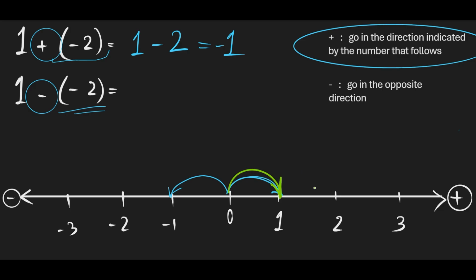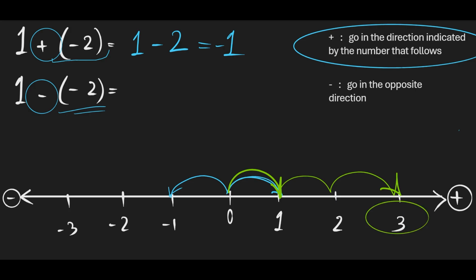Now, if you look at this -2, this -2 would tell us to move to the left 2 units. But the negative sign in the middle says go in the opposite direction. So don't move to the left, move to your right. If we start at this point, now we move to the right 2 units, 1, 2, this is equal to